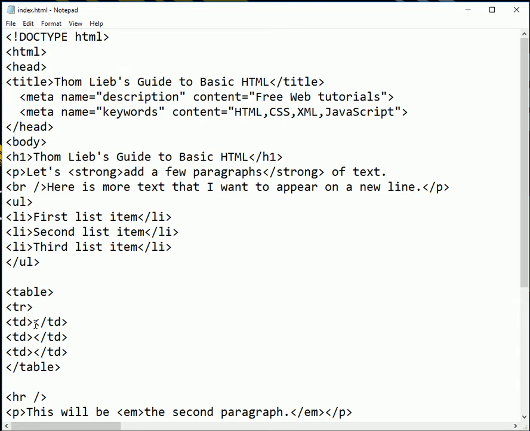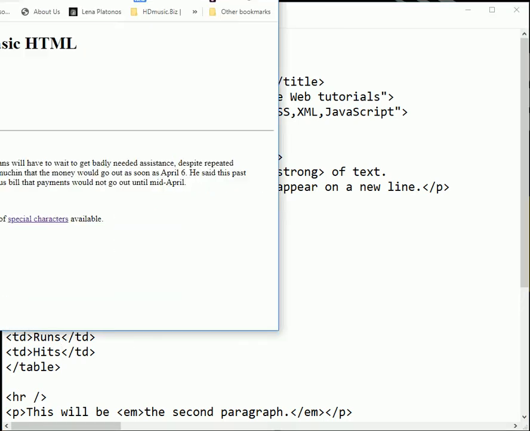And let's say we had team name in the first column and number of runs and number of hits. Boom. So if we save this file now and we go back and preview it,